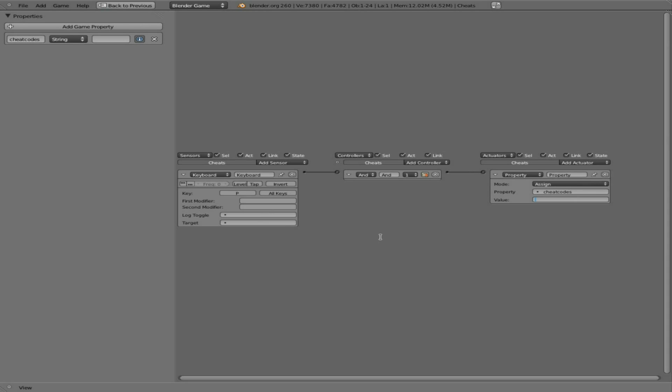And I'm choosing P because we're using Pissed Off Penguins. So really what we're going to say is that you start off each cheat code with pop, P-O-P. Kind of like in Doom, they used to have ID, I think all the cheat codes started off ID, IDKFA, IDQD. So basically this will clear out that variable, because what we're going to do next is we're going to say keyboard press all keys, and then we're going to say